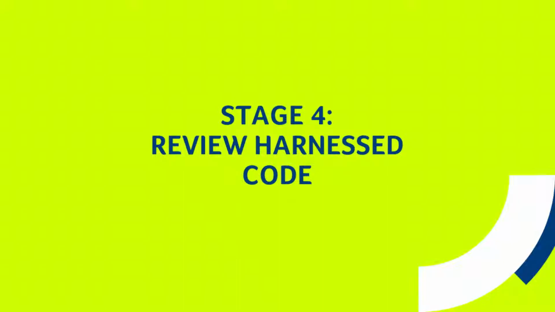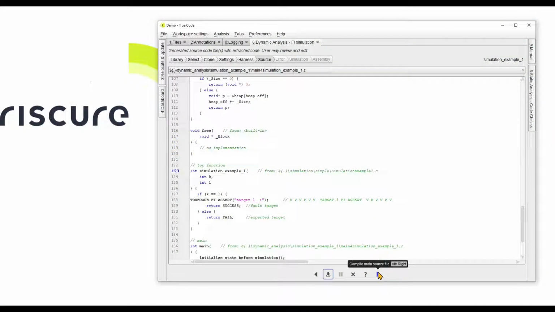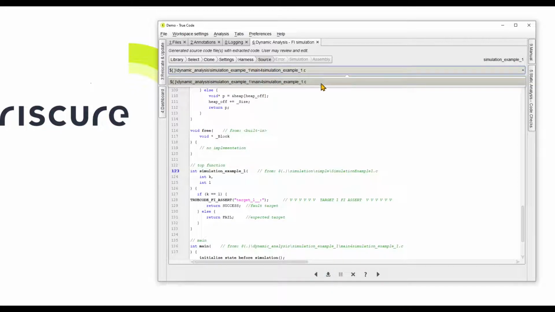Stage 4. Review harnessed code. On the next stage, TrueCode will present you the harnessed code generated for the simulation. Please note that TrueCode will organize the generated code in a dynamic analysis folder. Moreover, TrueCode will create new source files, organizing the stubbed code in the same manner as it originally is